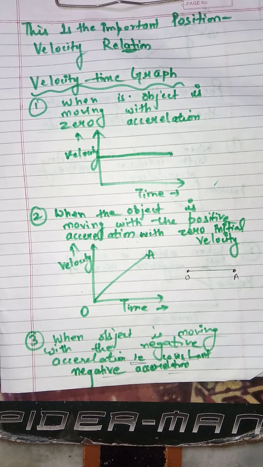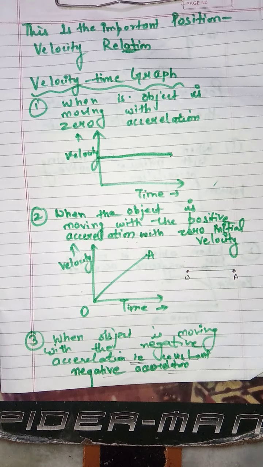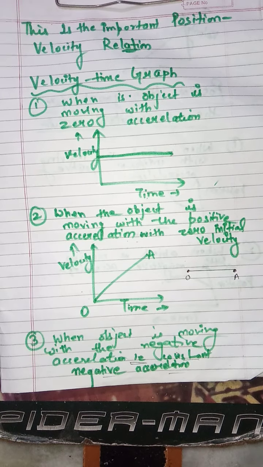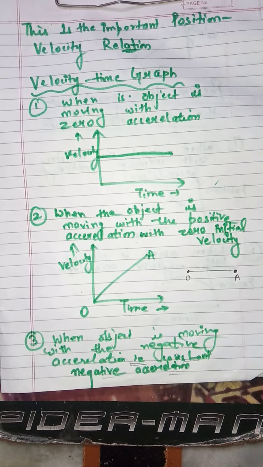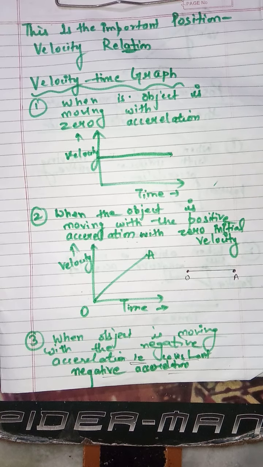Negative acceleration means the velocity is decreasing with time. Suppose during the first 1 minute the car is moving with 5 meter per second speed, and in the coming time it starts moving slower than the previous speed. That is the case of negative acceleration: the velocity of the body decreases.